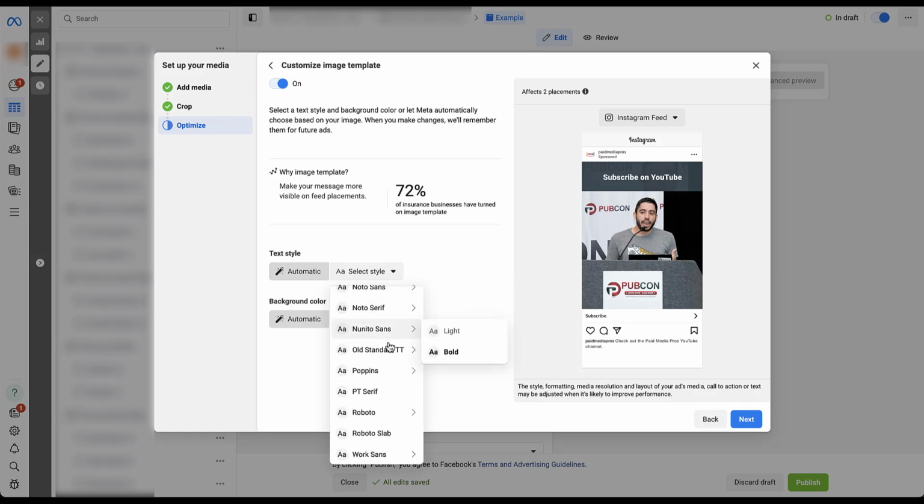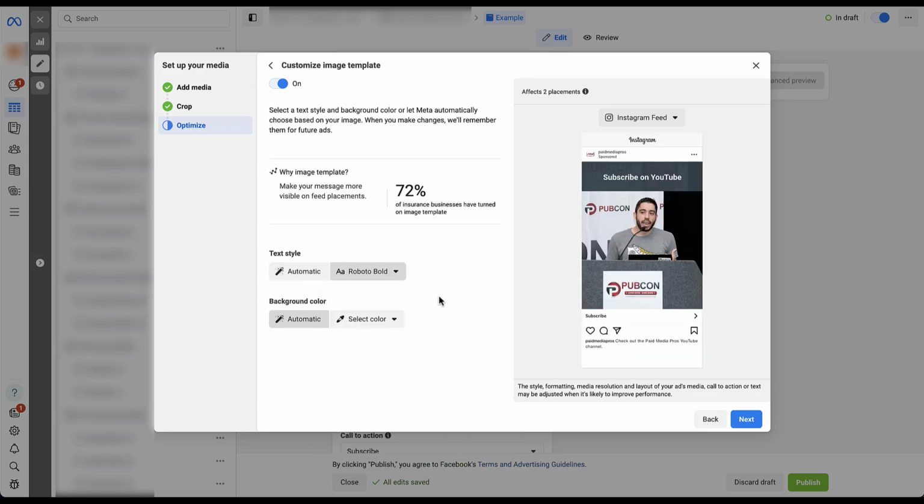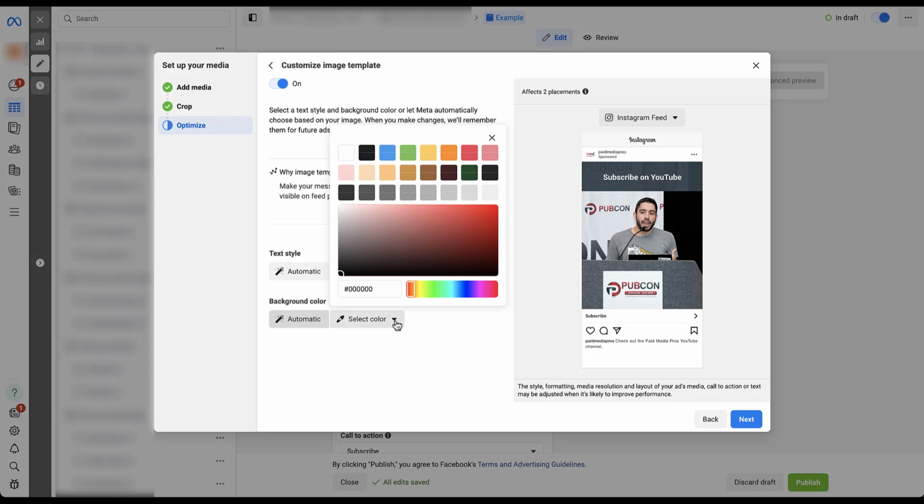Some are regular, bold, light. We're just going to use Roboto Bold. And now you can see the font has changed, and you can change the background color as well, either choosing from one of the preset options up here at the top, or you can add in your own hex code,